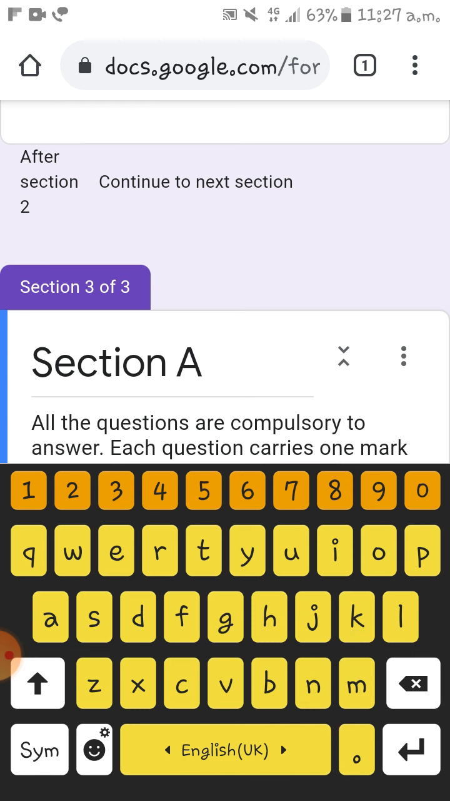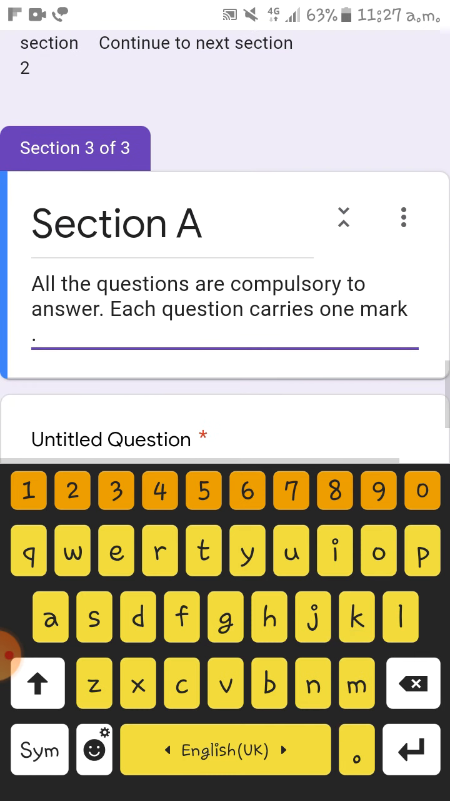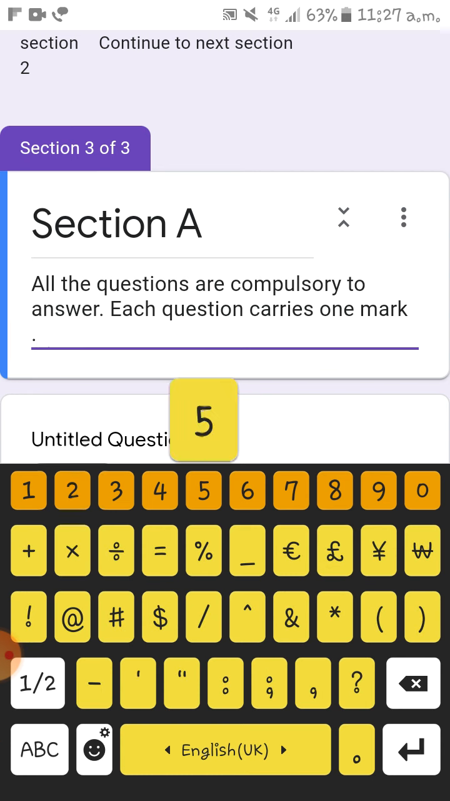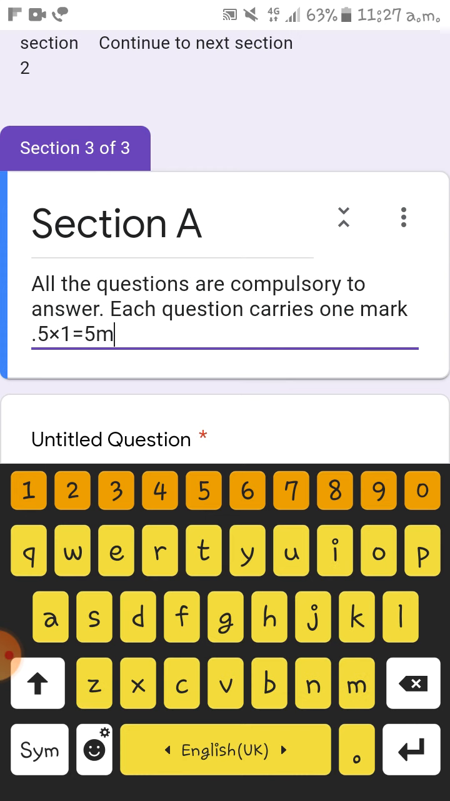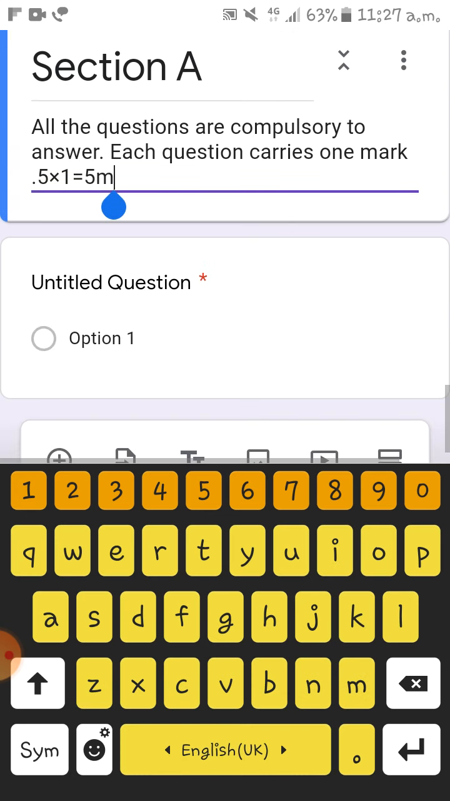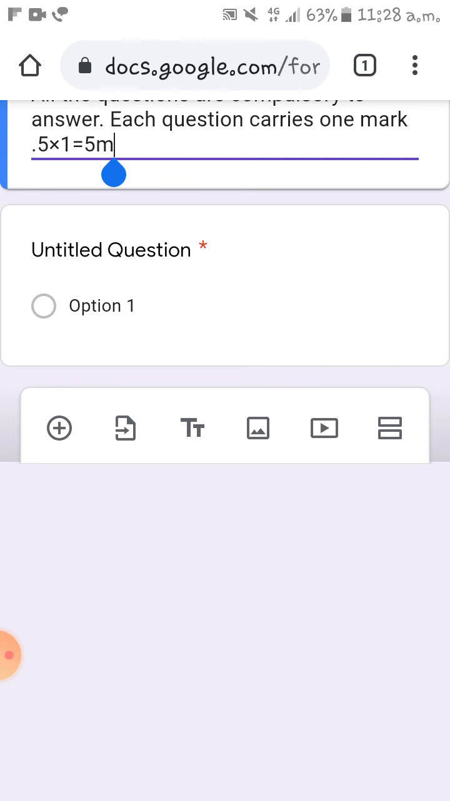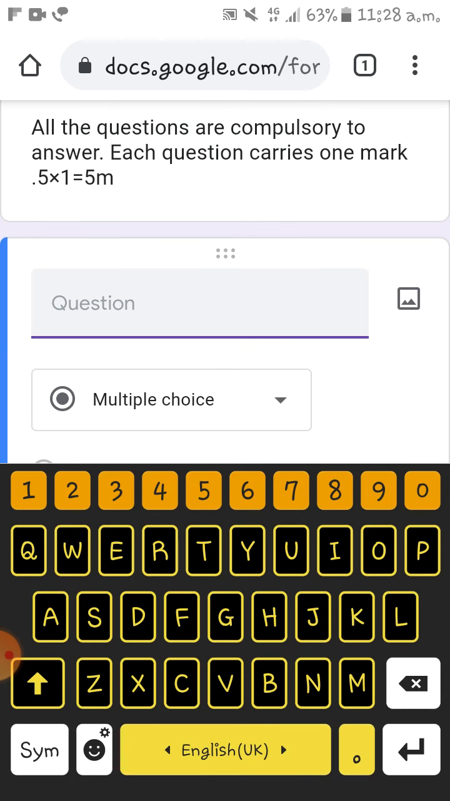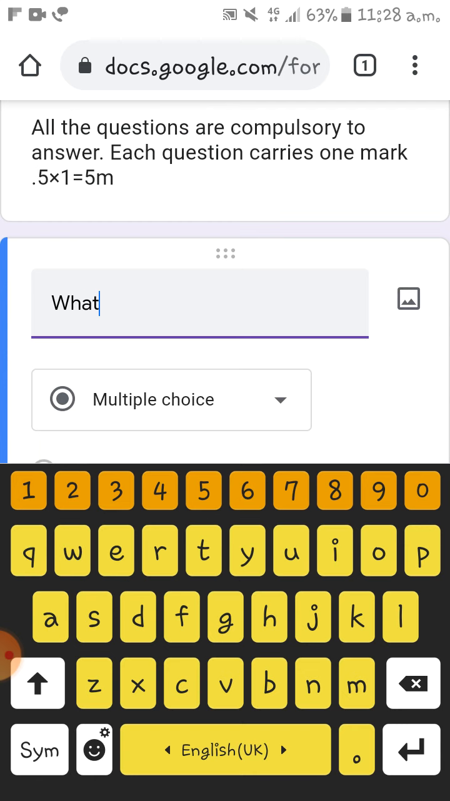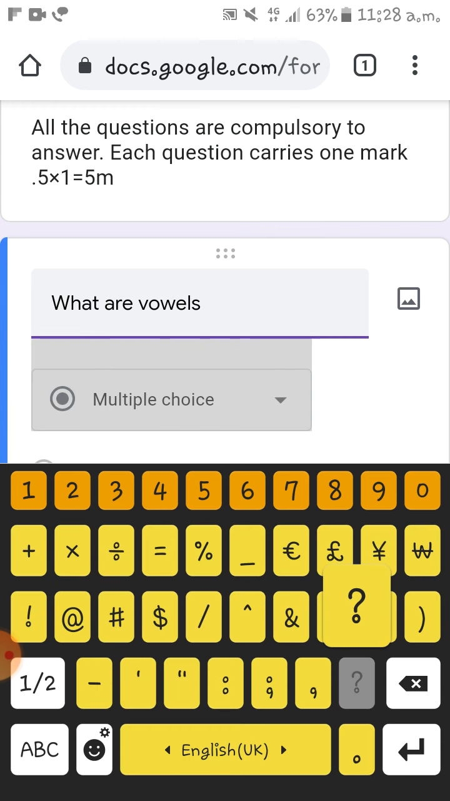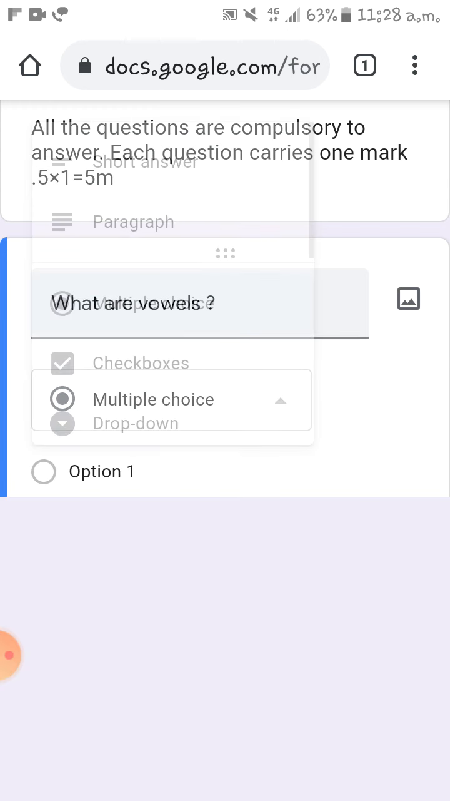Alright, now suppose I take a 5 marks paper, so you have to write 5 questions of 1 mark each, equals 5 marks. Alright, done. Now you have to select the plus option and add the question here. Suppose, for example, "What are vowels?" If I write that, then you have to select multiple choice,